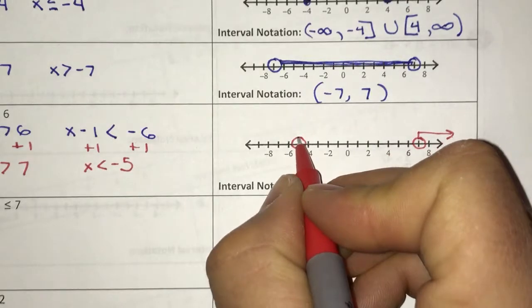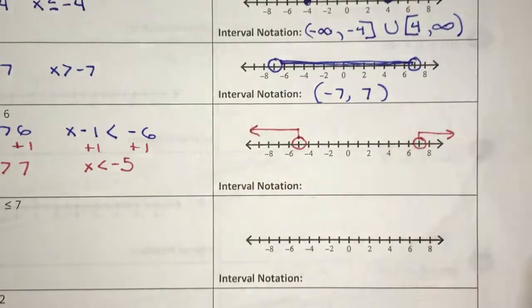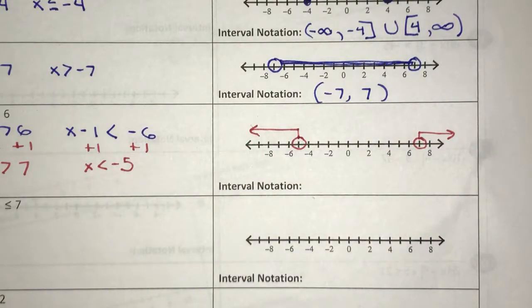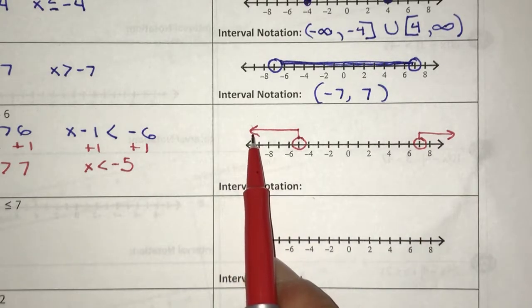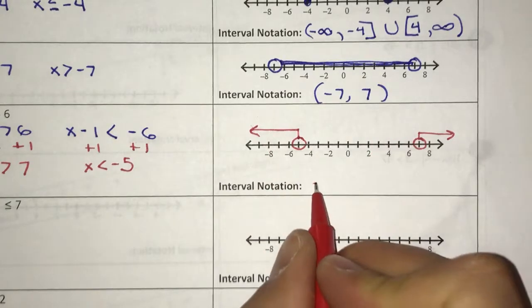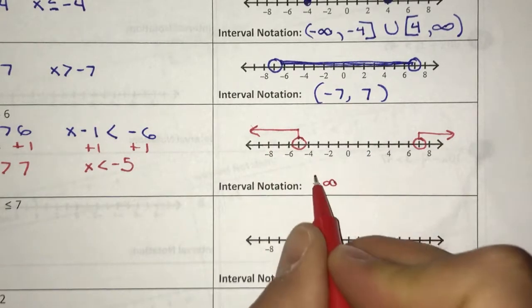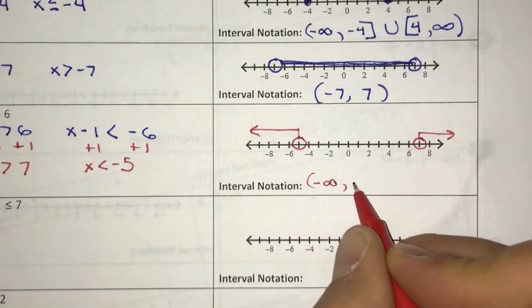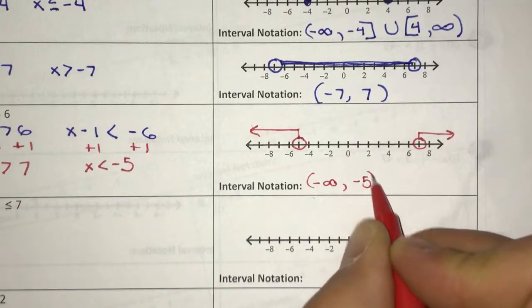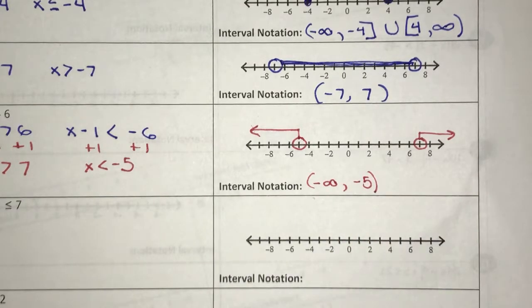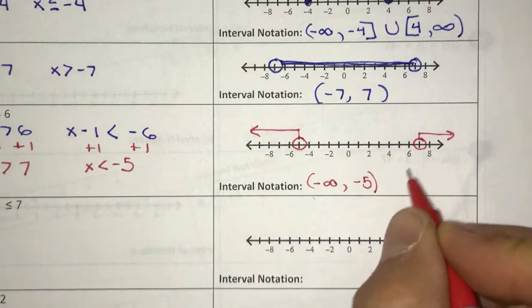And x value is less than negative 5, so that goes that direction. When I do my interval notation now, negative infinity, open circle, so I'm using a parenthesis on the negative 5, and then 7,